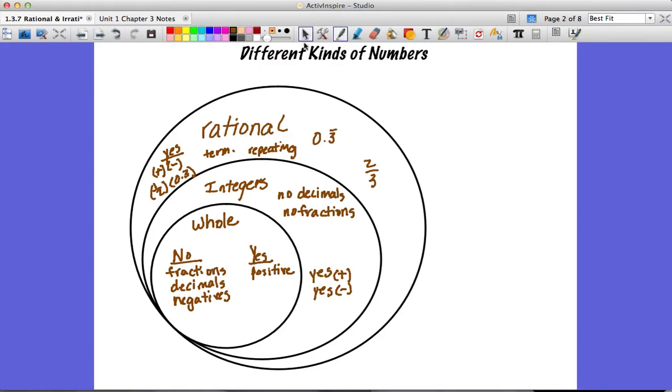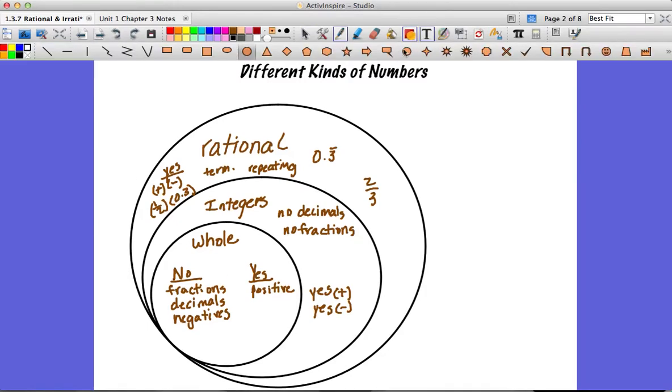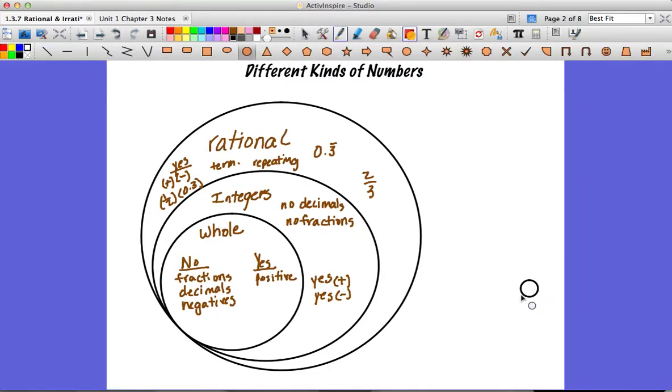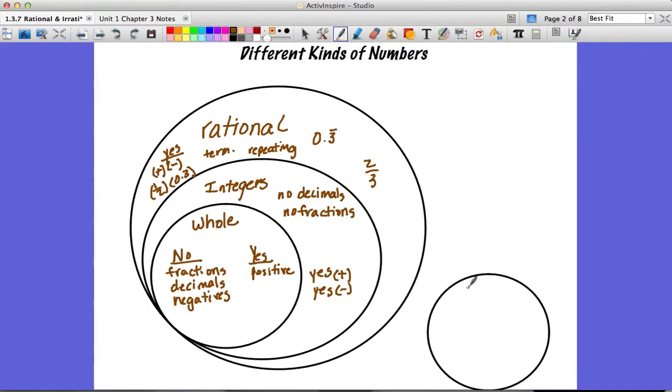All right, so we can talk about the definition of rational versus irrational numbers because we also have what we know as irrational numbers that are off in a world all by themselves over here. Irrational numbers are numbers that are not rational. They are also not integers, not whole numbers. They are only going to be fractions and decimals. So over here, all by its lonesome,